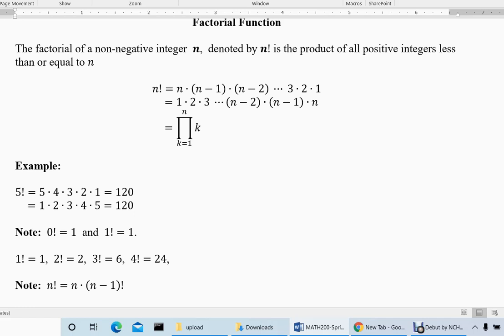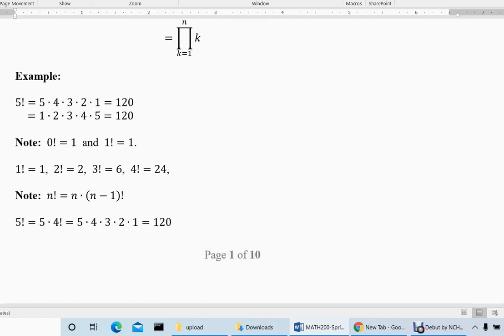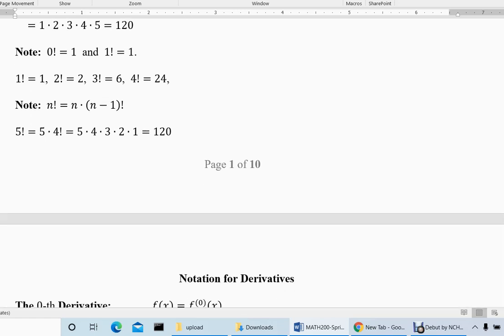Now we will be taking natural numbers here. n will be 2, 3, 4, 5 or some natural number. It will not be a fraction. It's convenient to define 0 factorial as 1, and 1 factorial is equal to 1. Keep a note of this. 2 factorial is 1 into 2, which is 2. 3 factorial is 1 into 2 into 3, which is 6, and it goes on like that. Now 5 factorial you can write as 5 times 4 factorial. Likewise you can write n factorial as n times (n minus 1) factorial. We will be using these two things in today's lesson.